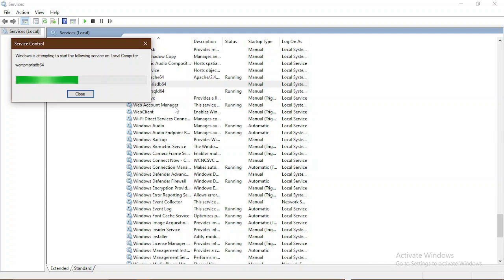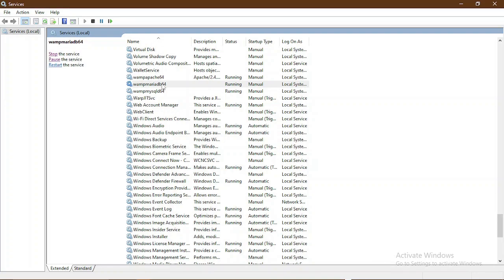There are 3 services that should run: the MariaDB, the Apache, and the MySQL. So we are done starting our WAMP successfully. For most of you that are using the WAMP, you should have this in your services app. In case you can't find it, then you start